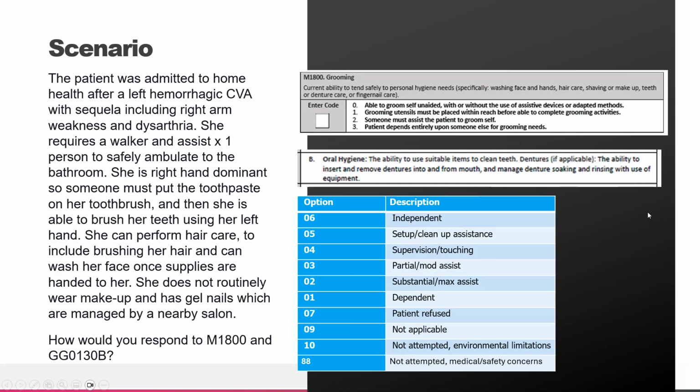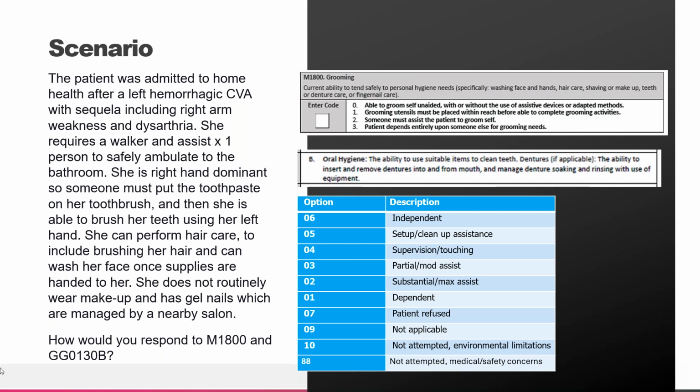All right, let's look at a scenario. The patient was admitted to home health after a left hemorrhagic CVA with sequela, including right arm weakness and dysarthria. She requires a walker and assist times 1 person to safely ambulate to the bathroom. She is right hand dominant, so someone must put the toothpaste on her toothbrush, and then she is able to brush her teeth using her left hand. She can perform hair care to include brushing her hair and can wash her face once supplies are handed to her. She does not routinely wear makeup and has gel nails which are managed by a nearby salon. How would you respond to M1800 and